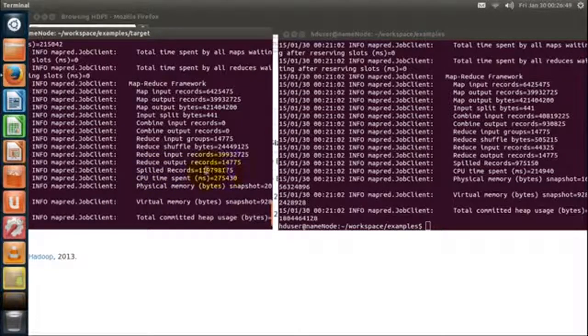Here spilled records are around 119 million. Here spilled records are around 975,000. Here reduce input records are around 39 million.